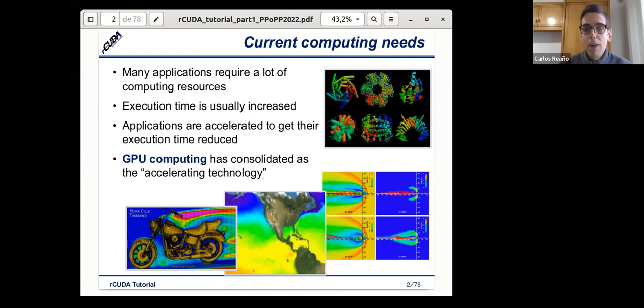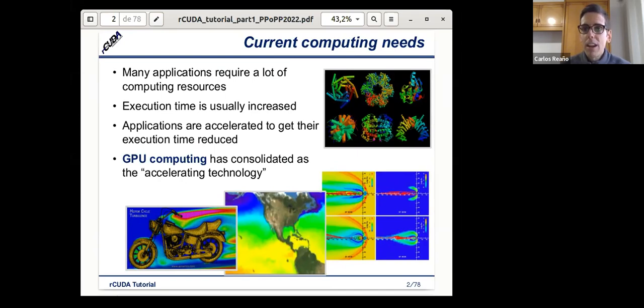Those applications require a lot of computing resources and have a huge execution time, so for that reason we want to accelerate them.